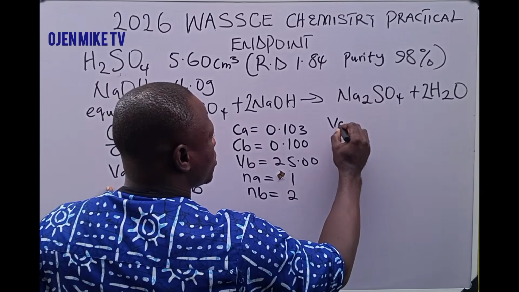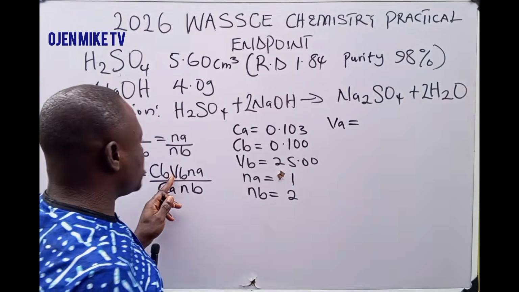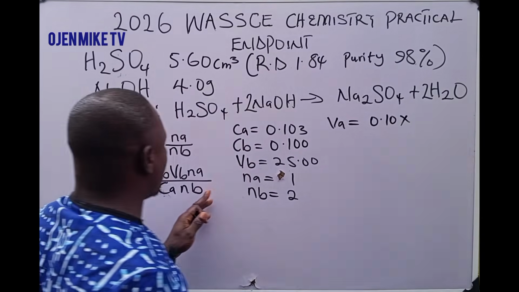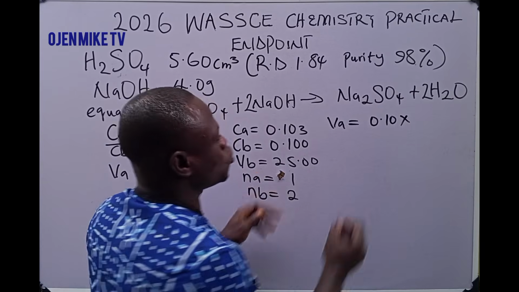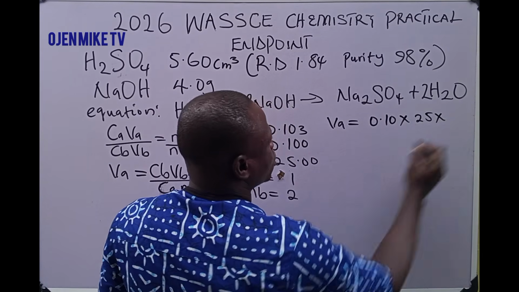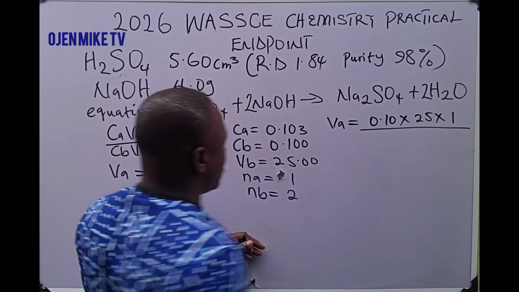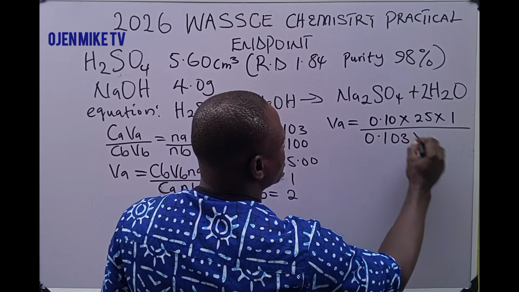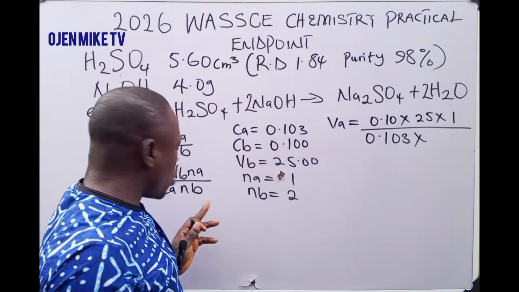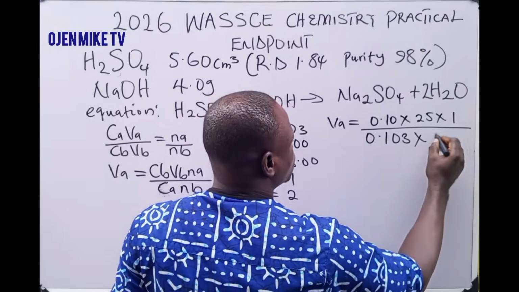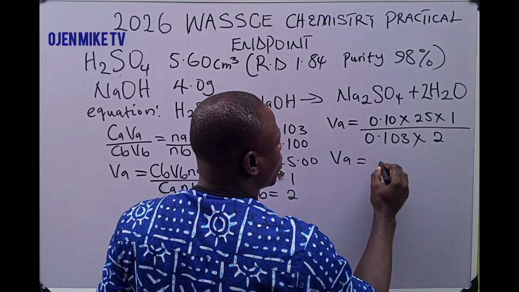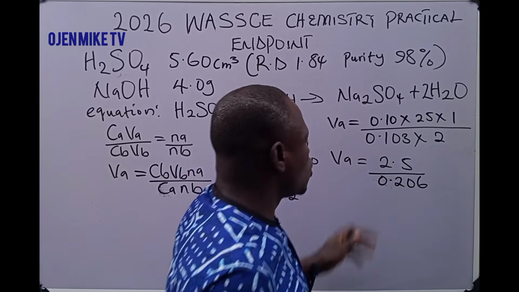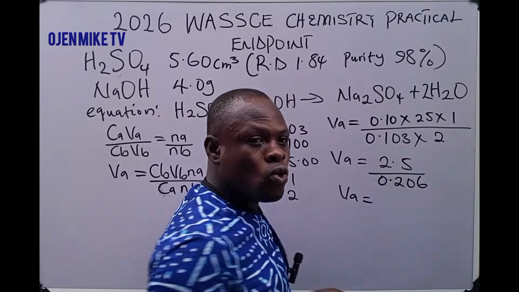Now Va is equal to, what is our Cb? Cb here is given as 0.10, multiplied by Vb, which is 25, multiplied by the mole ratio of acid, which is 1, divided by the concentration of acid, 0.103, multiplied by the mole ratio of our base, which is 2. So Va now will be equal to 2.5 divided by 0.206. If you divide now, the volume of acid will be equal to